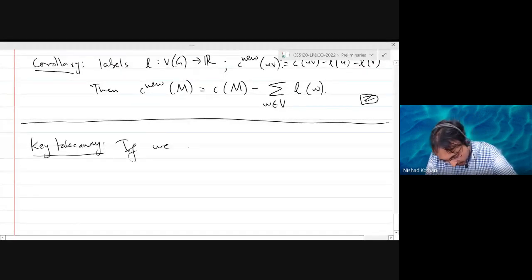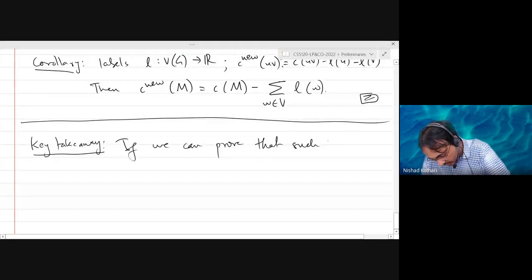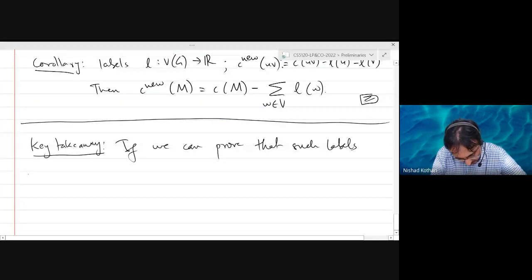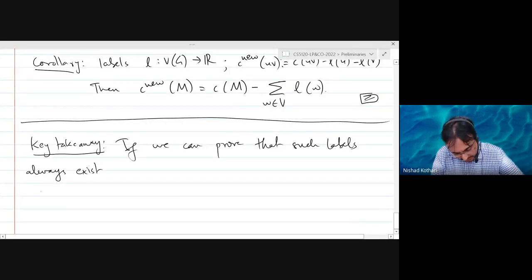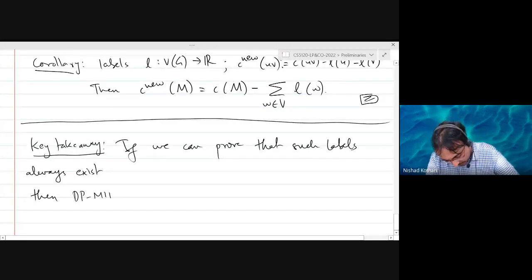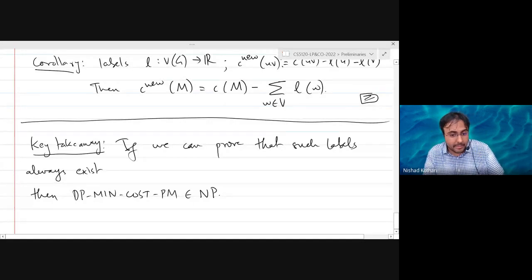If we can prove that such labels always exist, then for the decision problem for minimum cost perfect matching that we are looking at, we can conclude that this problem would belong to NP, because for any minimum cost perfect matching, you know that these labels exist, and so that would serve as a certificate